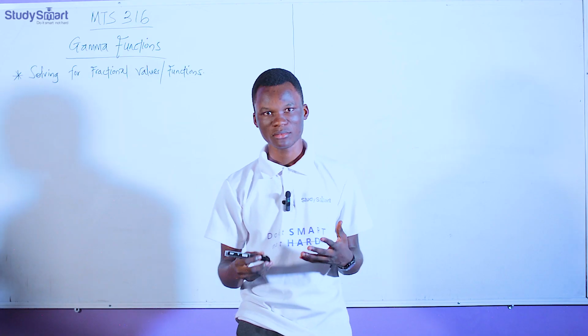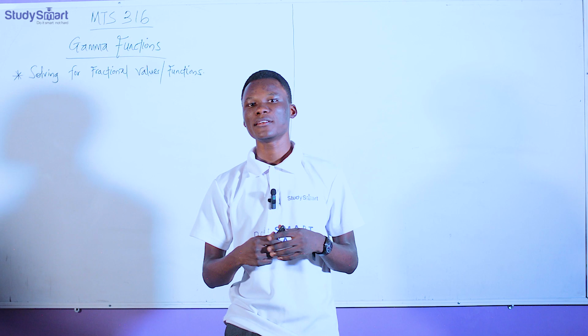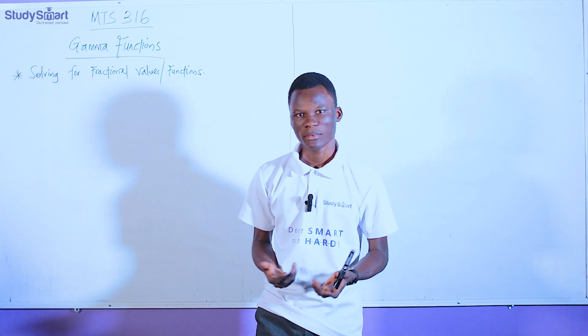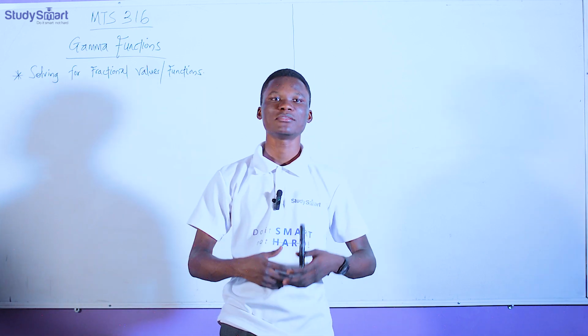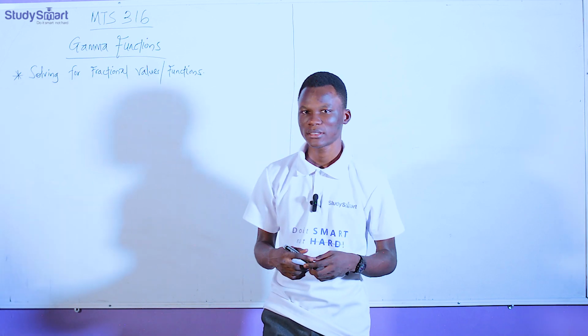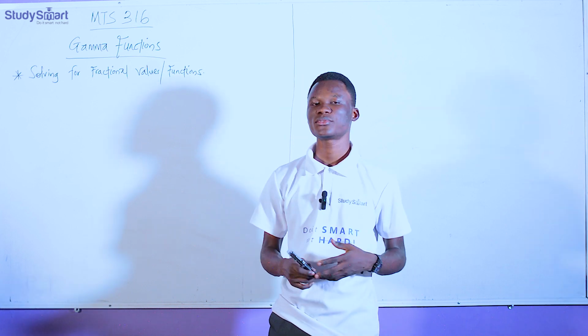From the previous video, we saw some examples on evaluating gamma functions like gamma 1, gamma 4, gamma 5, and gamma 3. So in this video now, in some cases, you might have fractional functions like gamma 1 over 2, gamma 7 over 2, gamma 5 over 2, gamma 3 over 2, just like that. So there are some exceptional cases that need us to state or prove